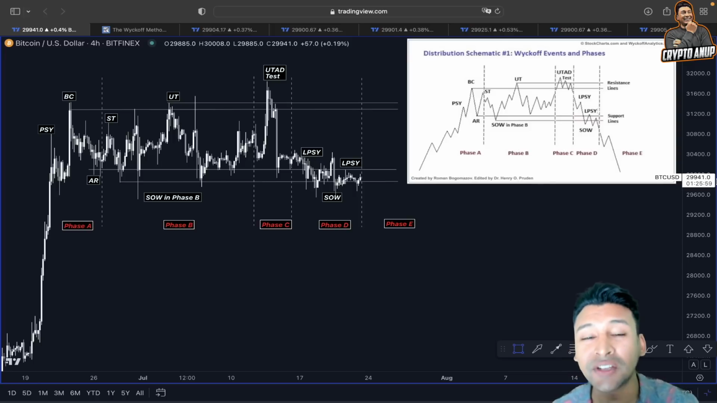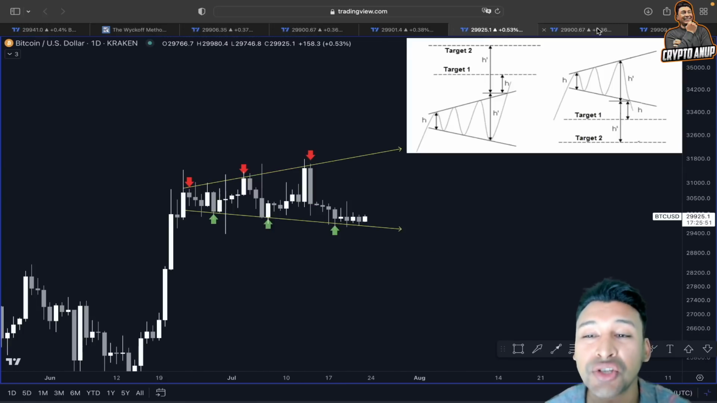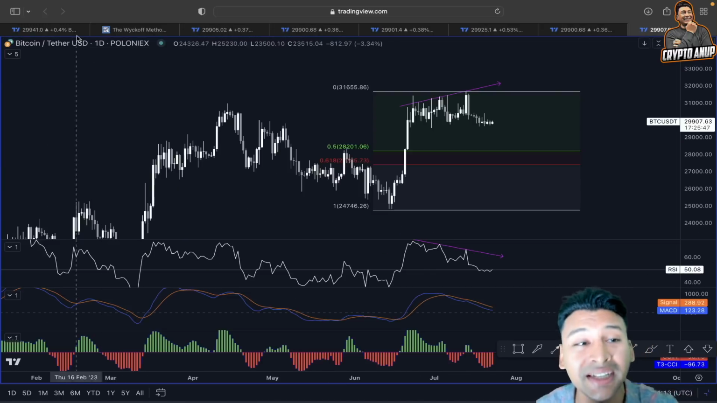So before I start talking about this distribution schematic from Wyckoff's event and phases, before I show you some interesting scenarios which are lining up parallelly for Bitcoin,